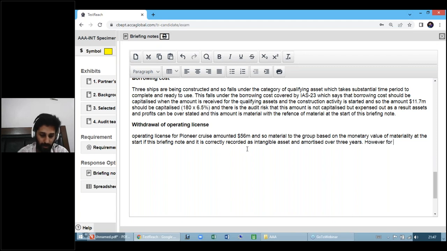However, for the non-current assets, the group should consider whether or not